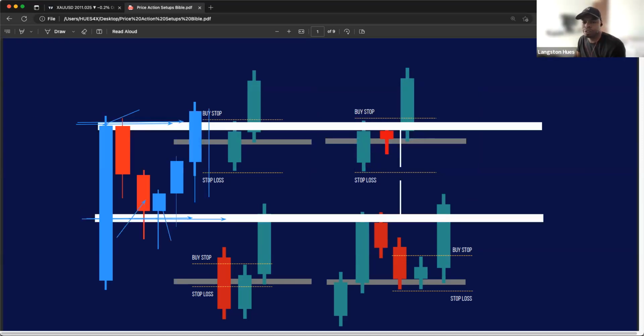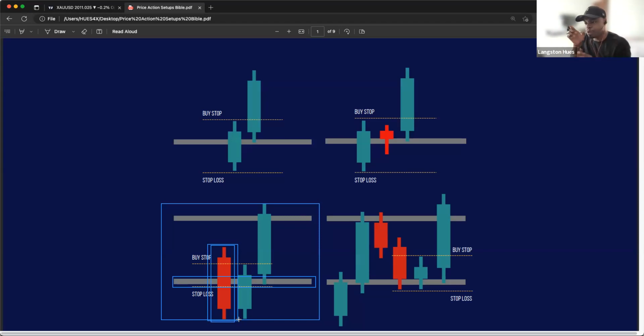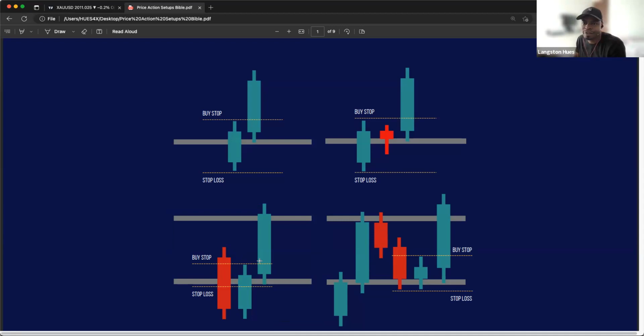So let's look at this one here. This is pretty much a false breakout. Price broke outside of the range, right? We got this support here, and it closed below, right? And this normally happens against the direction of the trend. So if price is bullish, but you got a candle that closed below the support outside of the range, but the next candle closes back inside of the range like this, it's usually a strong indication of a false breakout.